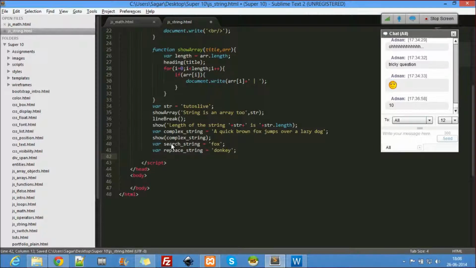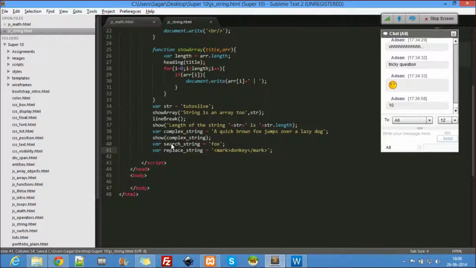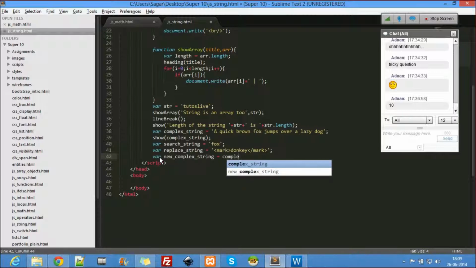Okay, so how do I do it? Not just donkey, let's replace it with a color. Now let's see, where newComplexString equals complexString.replace.